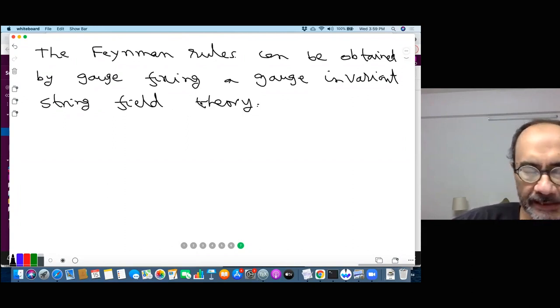As I said, I'm not going to discuss this. But once you accept that these Feynman rules actually follow from gauge fixing a gauge invariant string field theory,